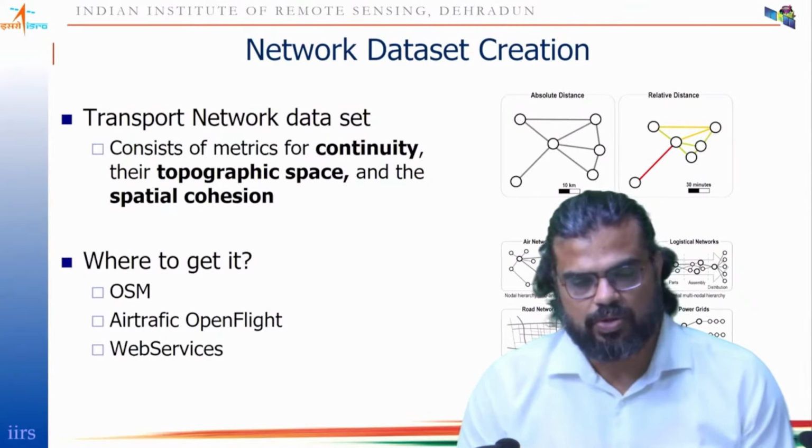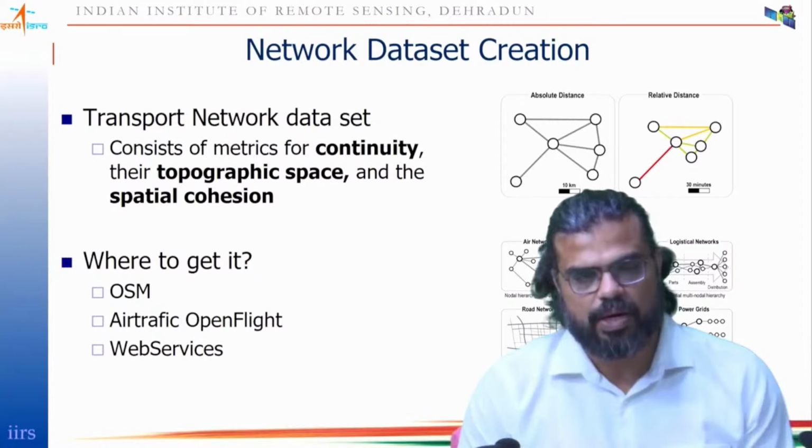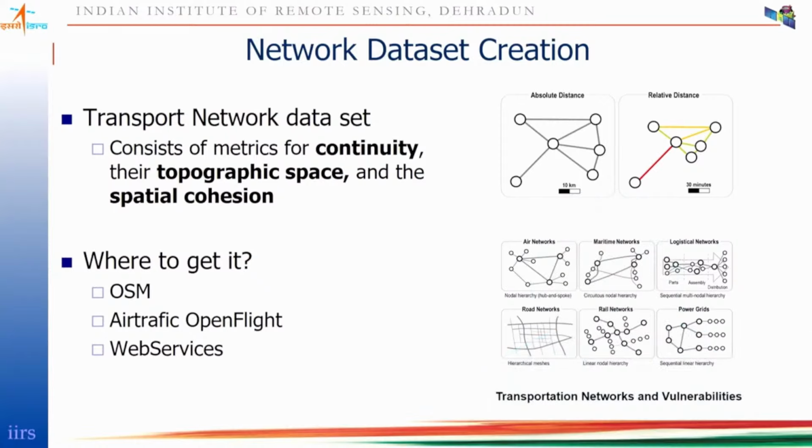These are a few examples of network datasets. If you want to do some kind of analysis and you are a first-time user, you may be interested in where you can get these network datasets. There are a few openly available network datasets, like OpenStreetMap or OSM maps. There are air traffic datasets which are available. In some cases there are also web services, where if you give a starting point and an ending point,